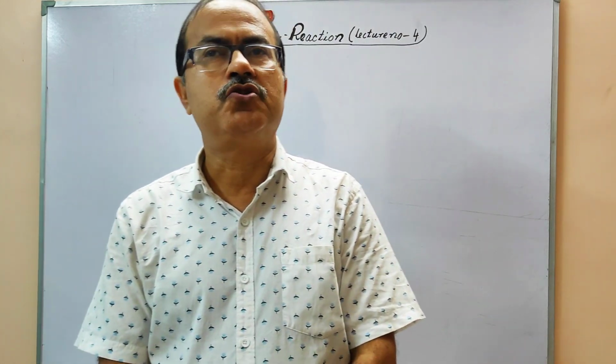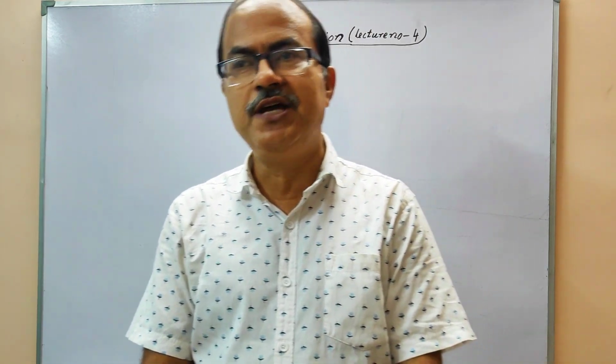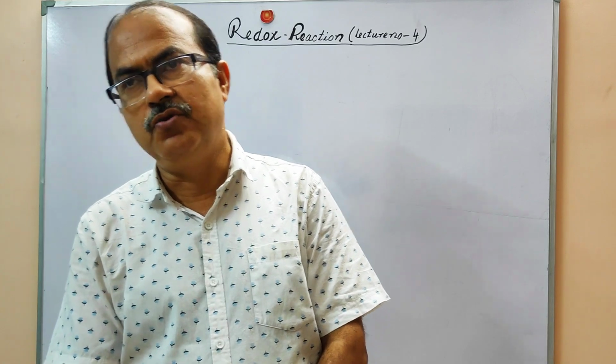You know that oxidation is the process where there is a release of electrons. Reduction is the process where there is an acceptance of that electron. And we also know the oxidizing agent and reducing agent, and how we correlate the oxidizing agent and reducing agent with the oxidation number,